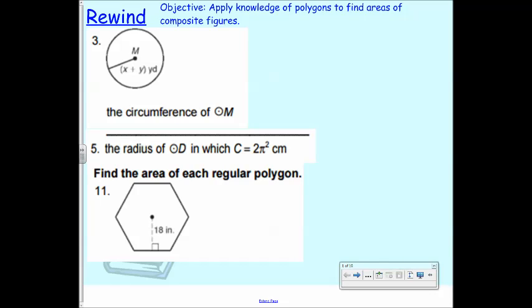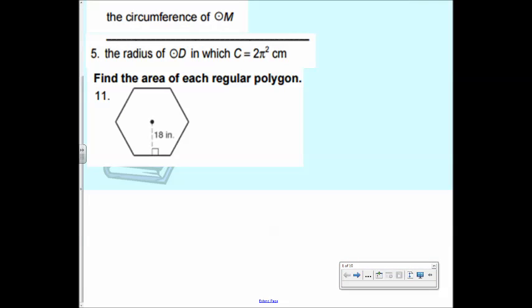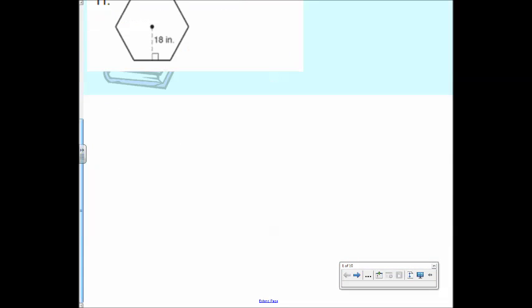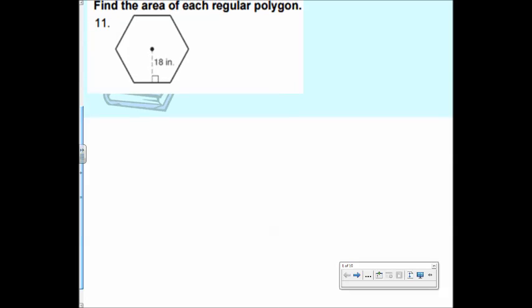All right, let's talk about number 11. So this is a regular what? What shape is this? Polygon. Yes, it is, but more specifically, a hexagon. All right, so this is a hexagon, which means we've used hexagons in a couple of these, and we're going